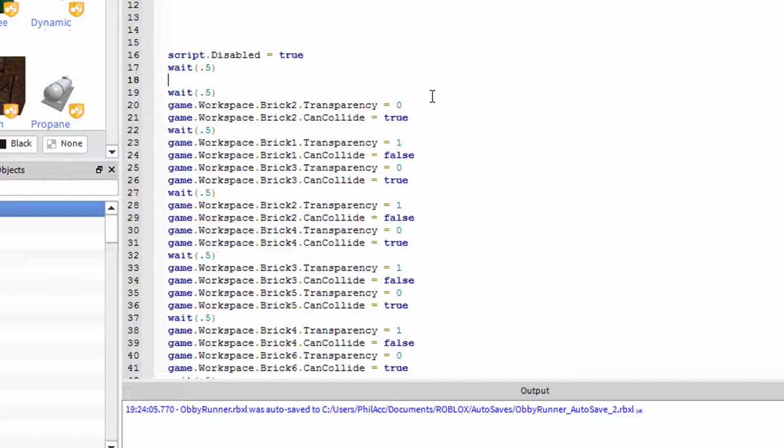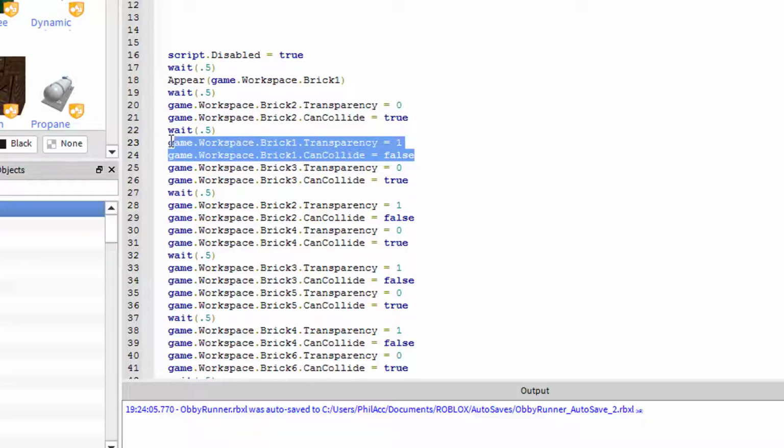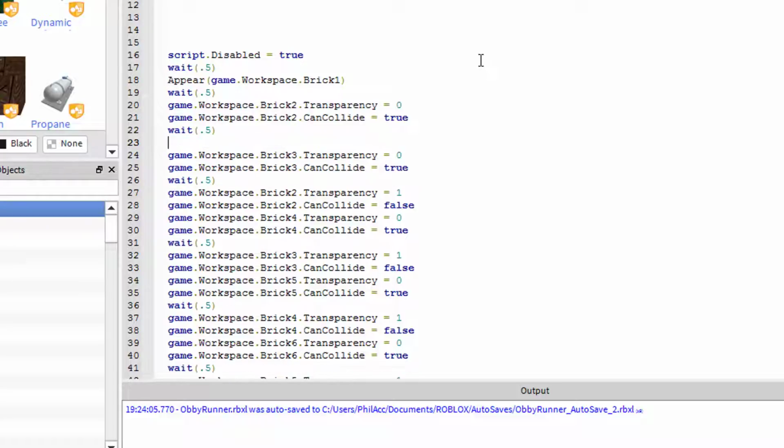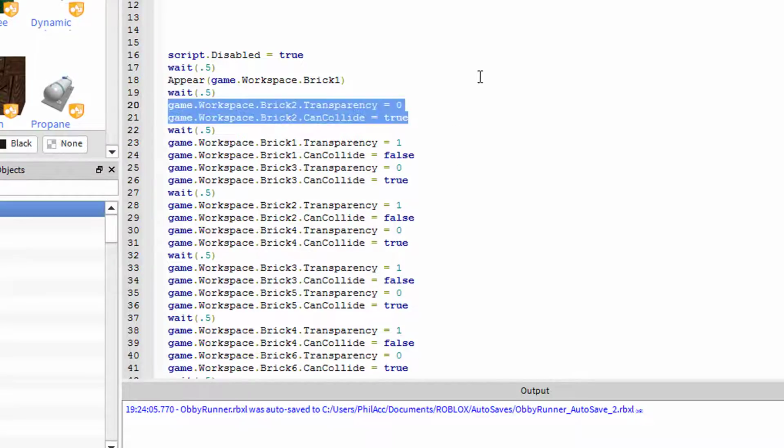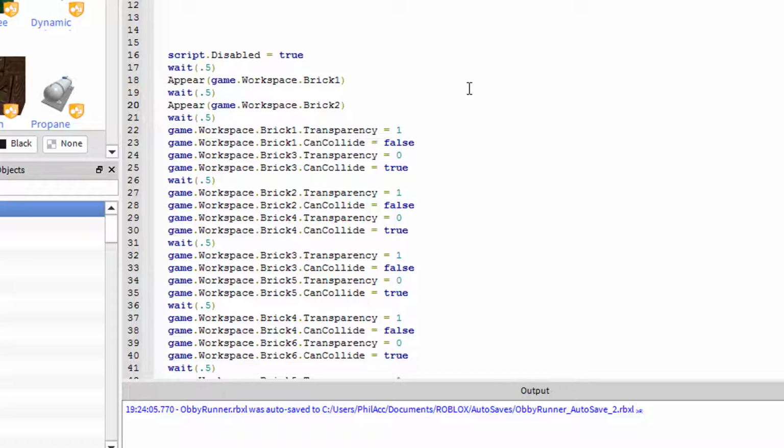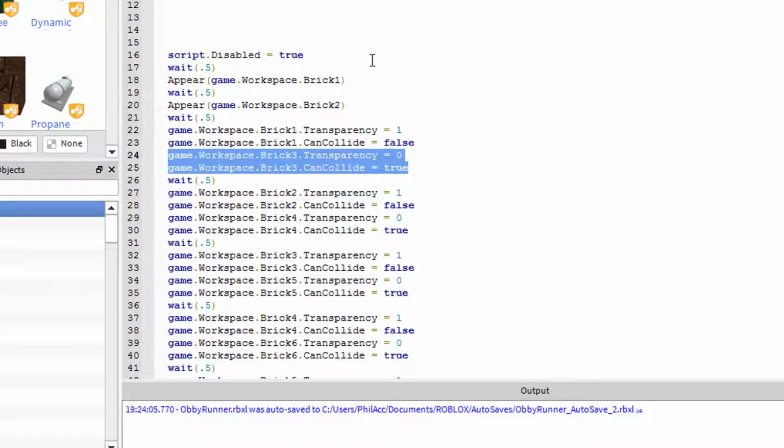So appear game.workspace.brick 1. So I'm going to replace this wherever we see properties that make a brick appear. So brick 2, here for brick 3,